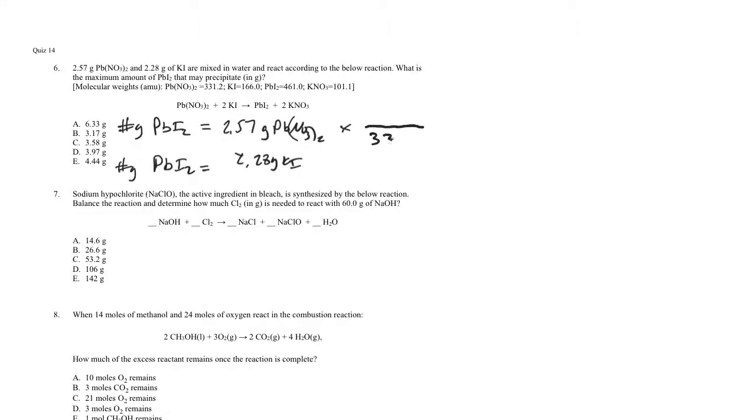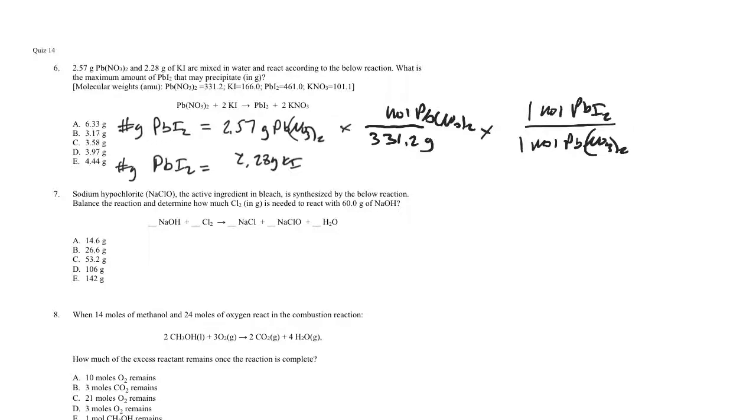So we're going to go 331.2 grams per mole of Pb(NO3)2, and then the coefficients are 1 to 1. 1 mole of Pb(NO3)2 that reacts produces 1 mole of PbI2, and then 1 mole of PbI2 has a mass of 461.0 grams. Okay, then for KI, the only difference is the molar mass is different, so it's 166.0 grams